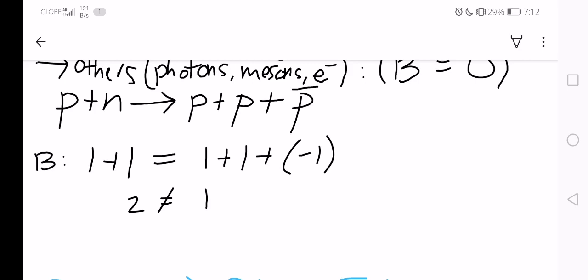So the baryon number in the final state is 1 plus 1 plus -1, which is 1. So we are left with an inequality: baryon number 2 is unequal to 1. Hence, this interaction violates the